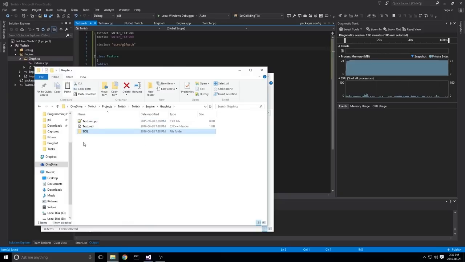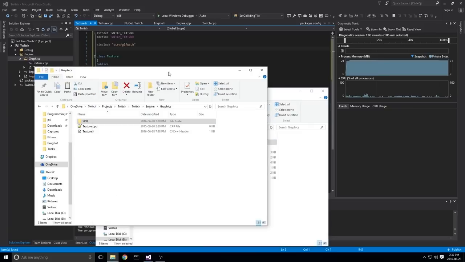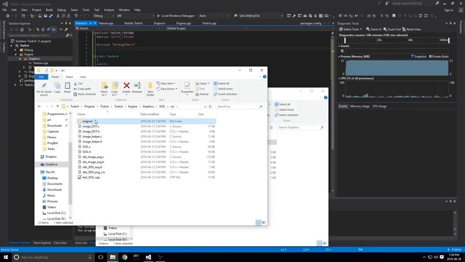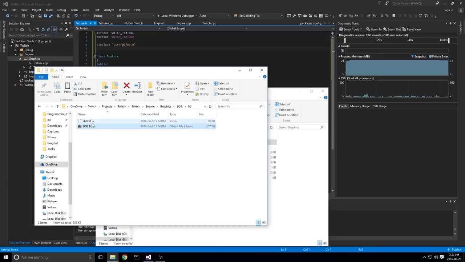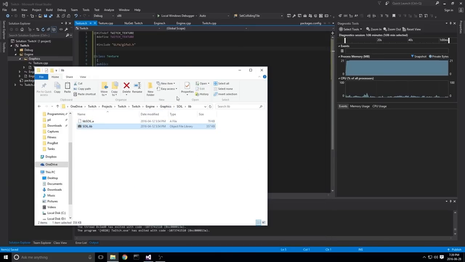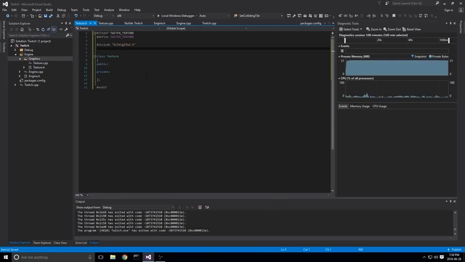And again, you can just download that. Just look up SOIL. It's a free download, and you'll be able to just drop that in here. Basically, this has both the lib and the source. The reason we want the source is we want this header here, and the lib is the lib we're going to point to. Libs, soil.lib. Okay? So we've got lib, we've got SOIL. And if you want, I can post a download link to that after this as well.